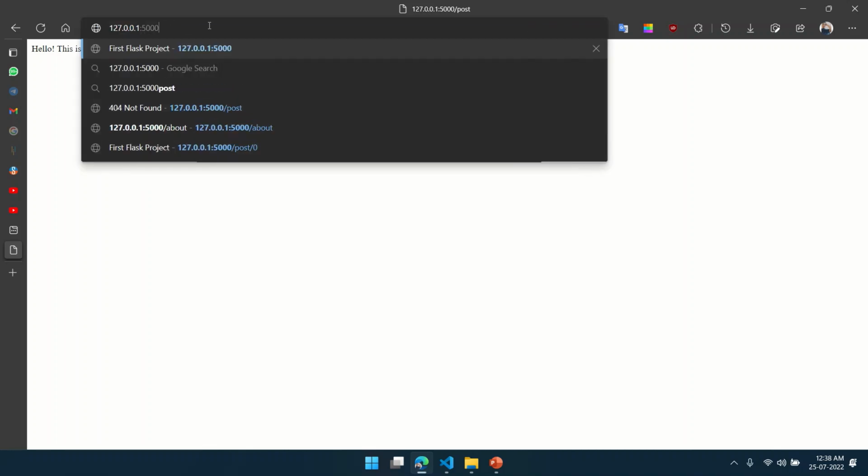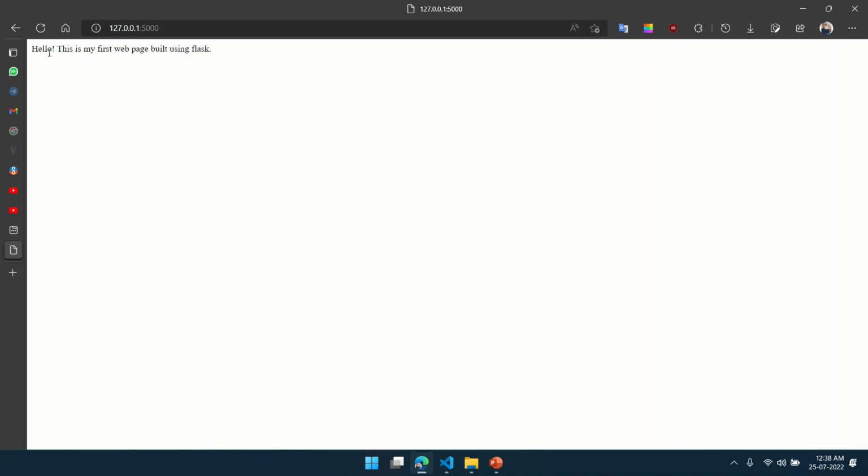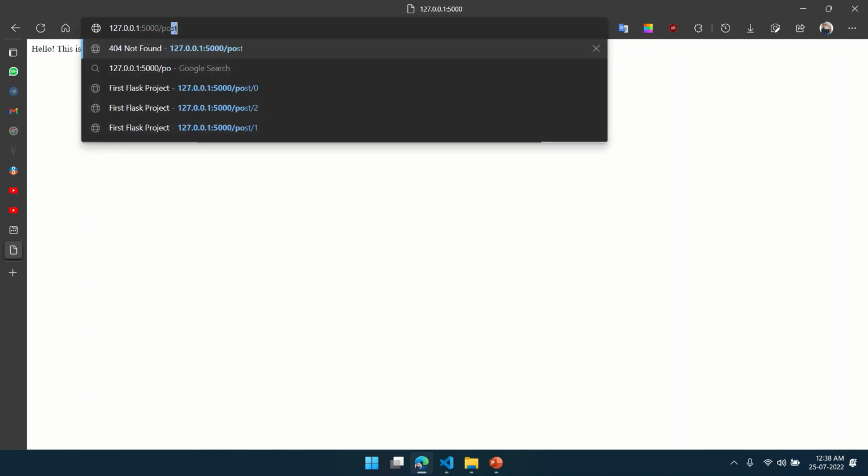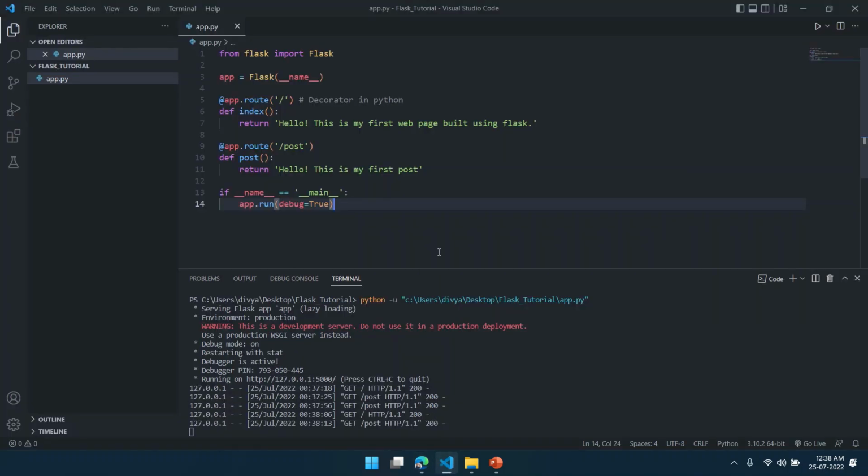If I remove this post, and if I simply execute this program, this tells me hello, this is my first web page built using Flask. And if I include post, it will tell me hello, this is my first post. So what happens here, in this decorator, I have included front slash post. So if the user types this thing, like front slash and post after this